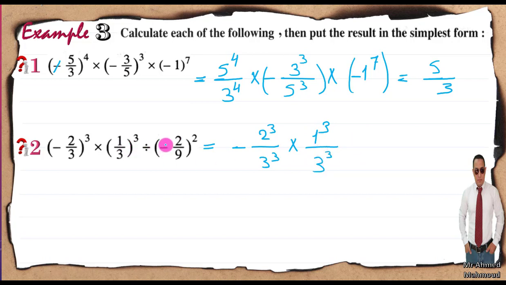Divided, I'm going to skip the negative. Okay, and I'm going to change divide into times like this and make this fraction upside down, so it will be 9 power of 2 over 2 power of 2. It's equal, in the simplest form, to negative 2 over 3. Okay, the next one,